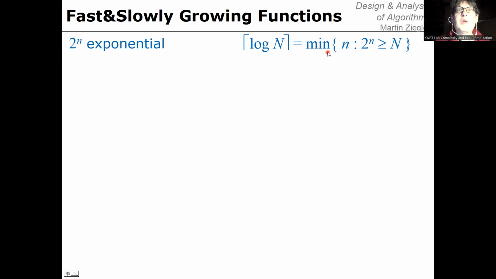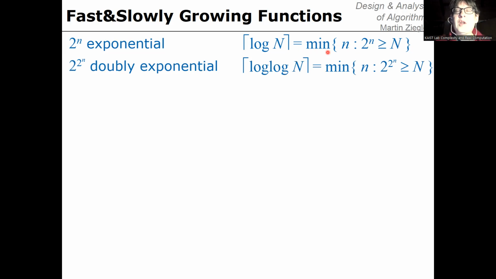Then at the next level, we consider the double exponential, an even faster growing function. Conversely, its inverse, rounded up, is the log log function, which is even more slowly growing. Again, it's the inverse in the sense that here the double exponential arises. And then we proceeded even further up, triple exponential, quadruple exponential, and on the other end of the spectrum,